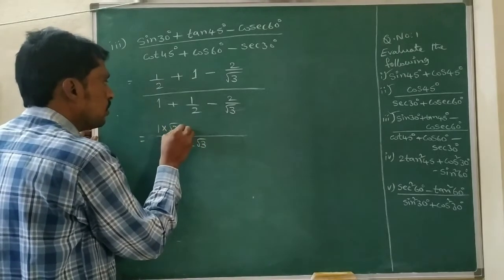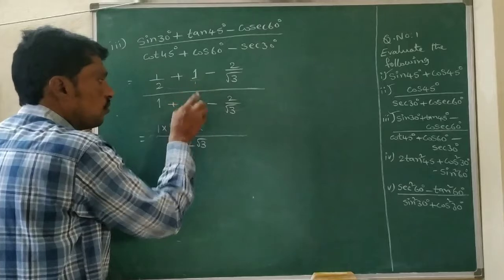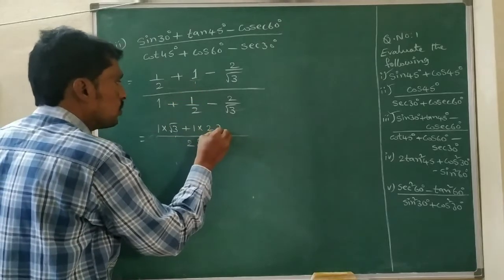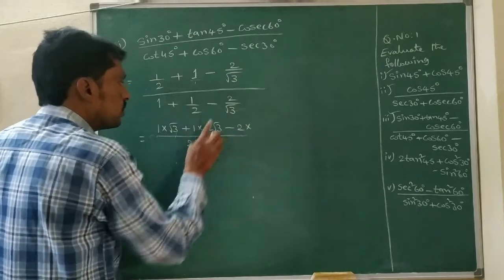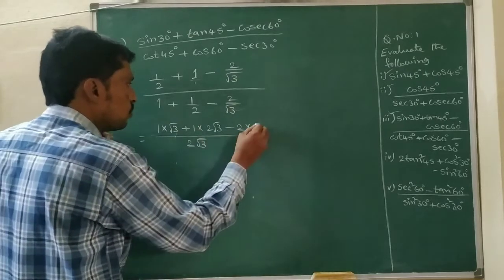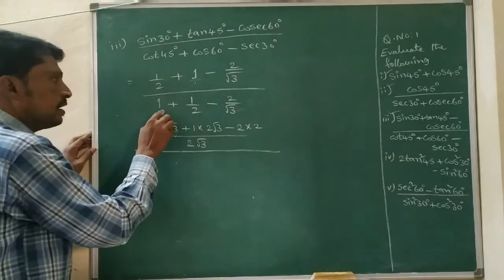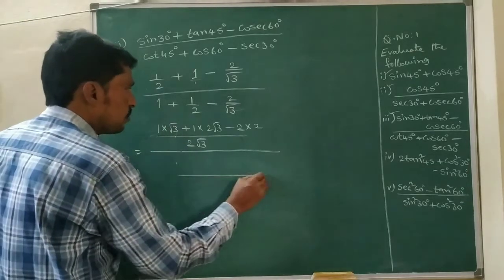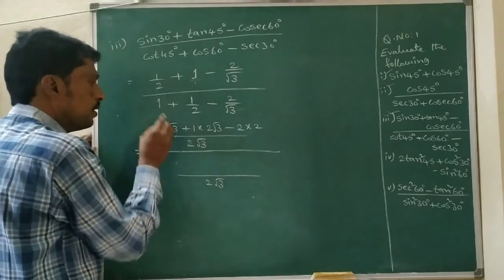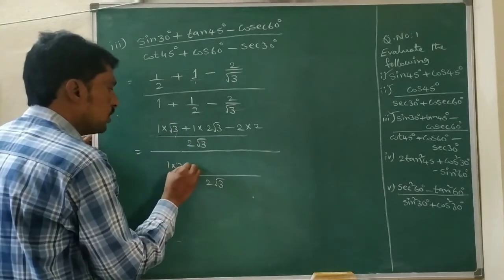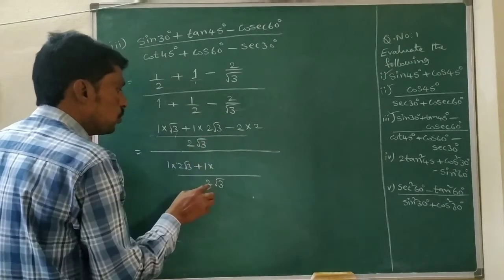Root 3 plus 1 as it is into here nothing. Nothing means 1. 1 into 2 root 3. 2 root 3 minus numerator 2 as it is into root 3 cancel means we are getting here 2, whole by this whole by here denominators LCM is we are getting 2 root 3. So here denominator nothing means 1 into 2 root 3 plus 1 numerator as it is 2 get cancel means